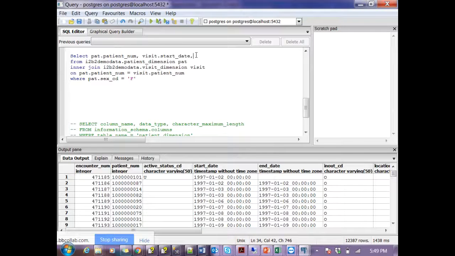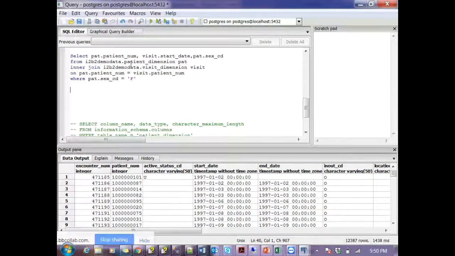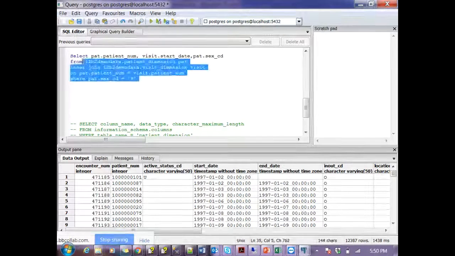Now I also need the sex code that we selected, so I'm also writing those columns. This query is giving me all the patients that have a visit because I'm using an inner join. Here, join tells the common records in two tables. That's what the inner join is. And then where the sex is female. So if I run this query,